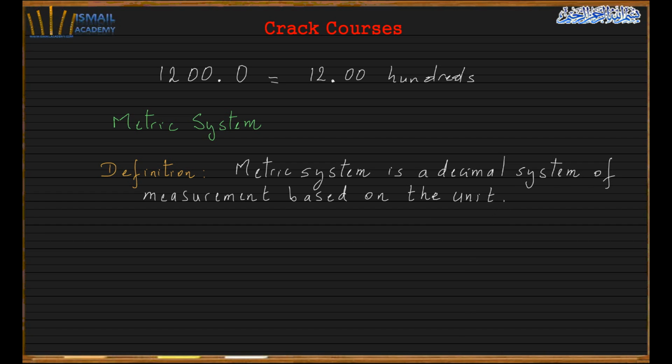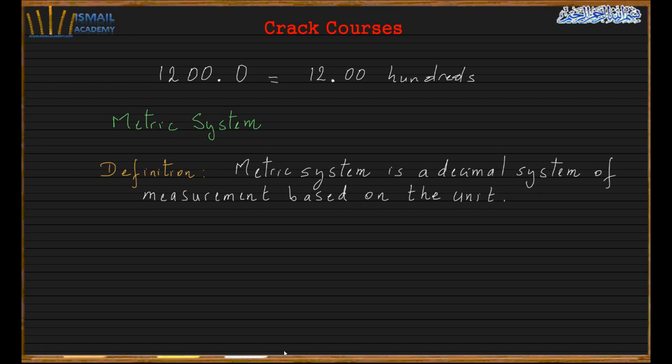We have three measurements, which means we have three units. The three measurements in the metric system are,